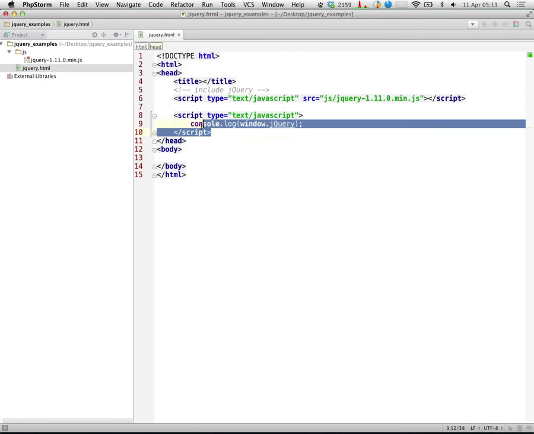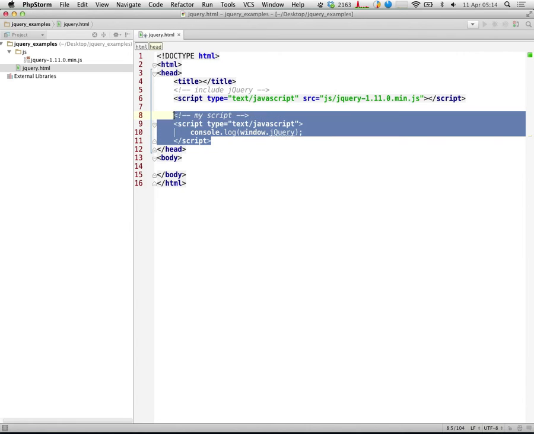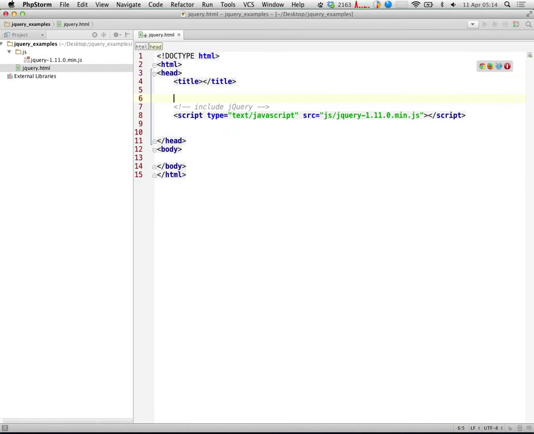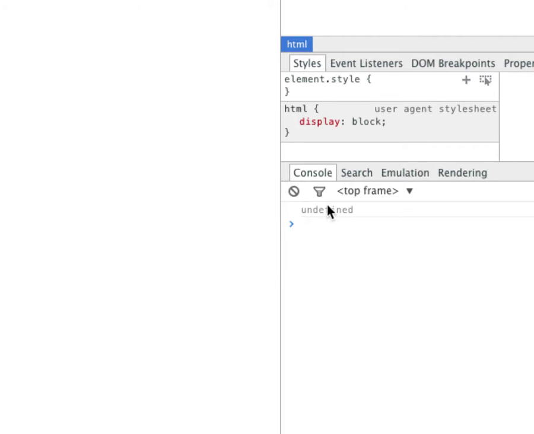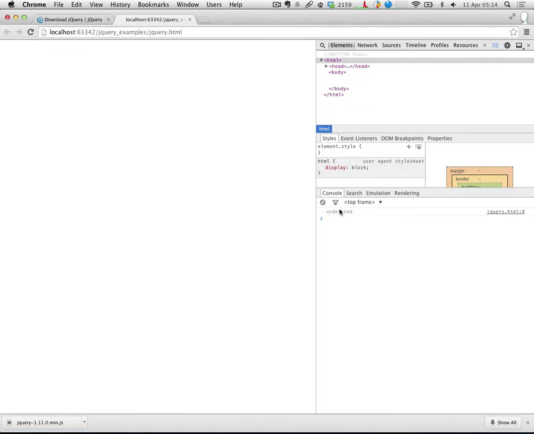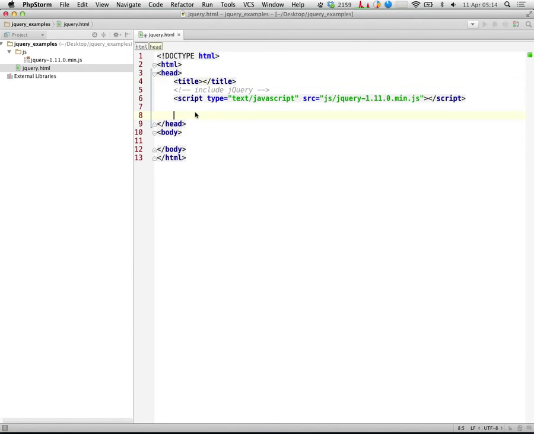Now, if I happen to put my custom script before I include jQuery, then you'll see that it outputs as undefined. So what this means is that if I have any code that uses jQuery, I need to make sure that comes after I've included jQuery. So generally jQuery is always the first script that you will include, and then you may include other libraries, and then finally the last thing you include is your own